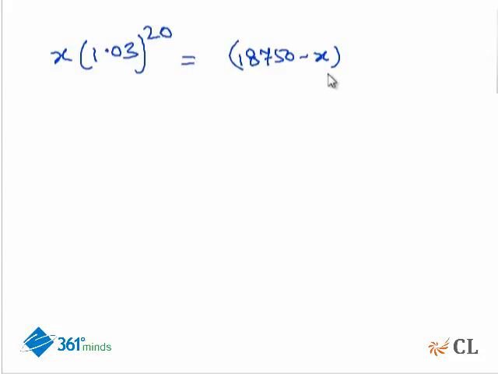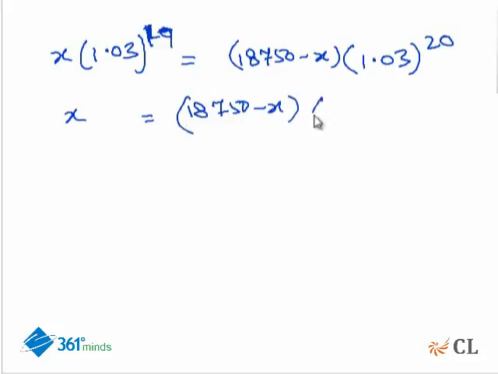We want that both of them should get the same amount. So in the case of the younger child, it will, I'm sorry, this is the older child, so this should be 17 years. And for the younger child, it is 1.03 raised to power 20. So you need to solve this equation. It is a lengthy equation, but you don't have an option. So X is equal to 18,750 minus X into 1.03